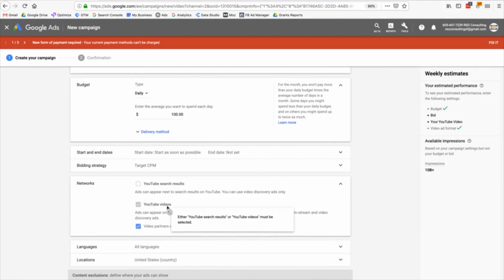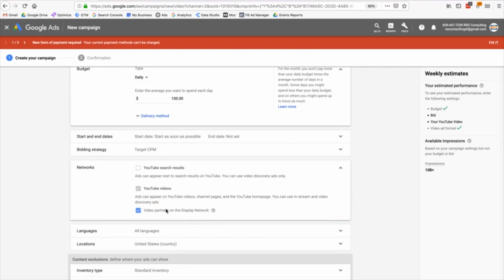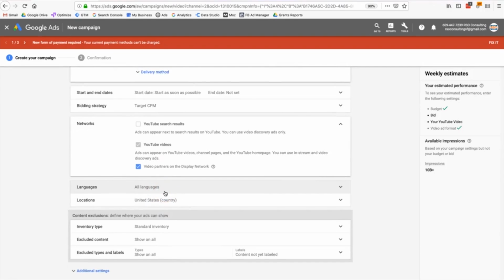So we'll also have the option to select video partners on the display network. That means that if you want your video to show on websites that want to host ads in video format, then you can select this option here. Notice you also have this option available if you're running certain types of ads on YouTube. We're running those bumper ads, and bumper ads aren't available on search results. So I'm going to stick with the video partners, YouTube videos,